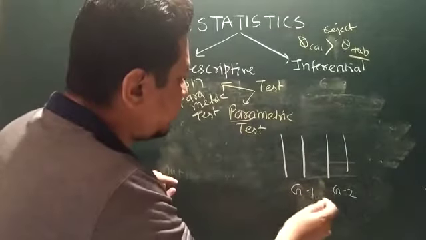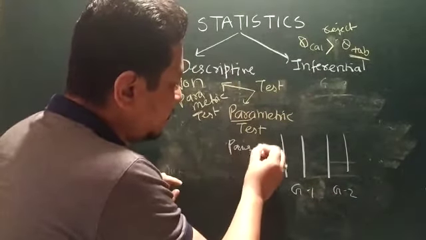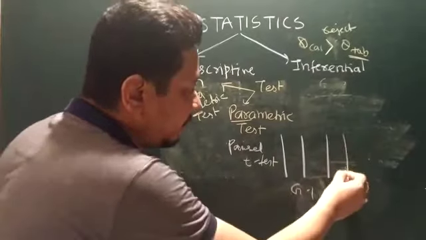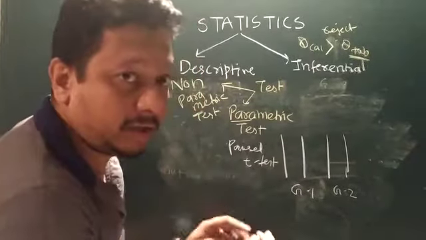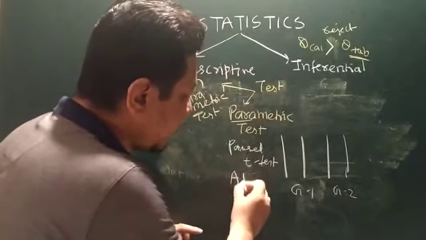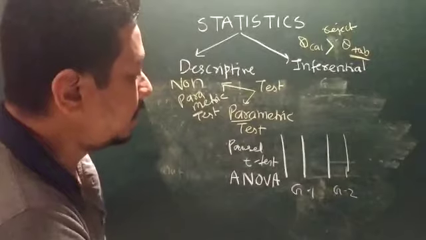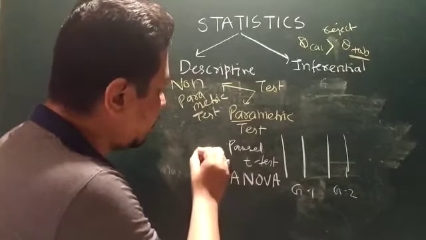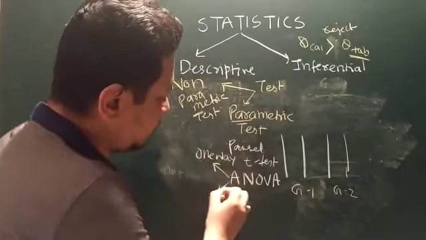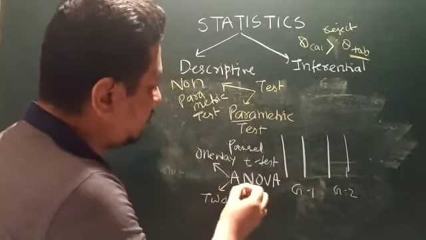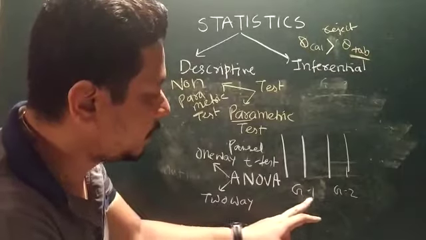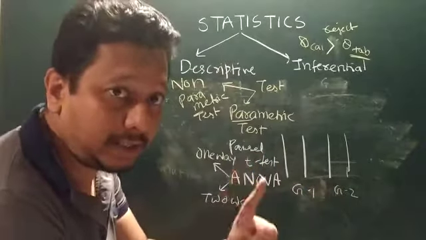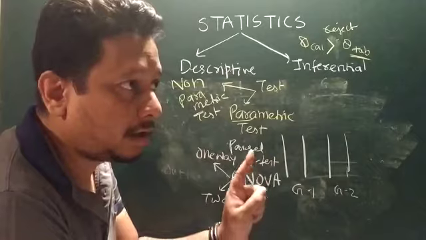The first parametric test is your paired t-test, and the formula I have also explained. Then if we are measuring the variance, analysis of variance, it is ANOVA. In discussing ANOVA, there are two types: one-way ANOVA and two-way ANOVA. When we are taking group 1 and group 2, when both groups depend upon a single variability or single